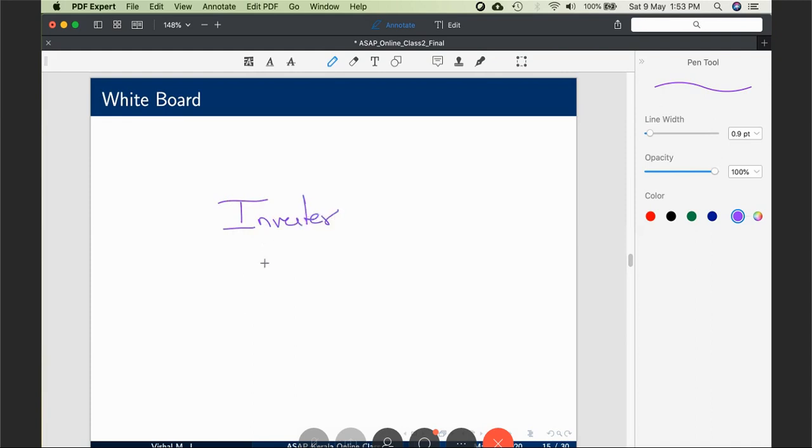I will ask my inverter to give a voltage at 1 Hertz frequency. So what is the synchronous speed? 120 f by P, let P be equal to 6, gives 20 RPM. Earlier it was 1500 RPM. That's why the rotor did not have enough time to react. It was only 10 milliseconds. Now it is only 20 RPM, which means the rotor now has enough time to react to the positive torque, and the rotor builds up speed.